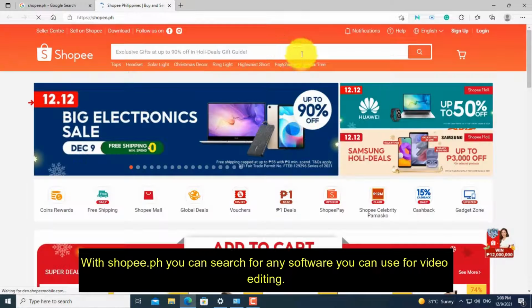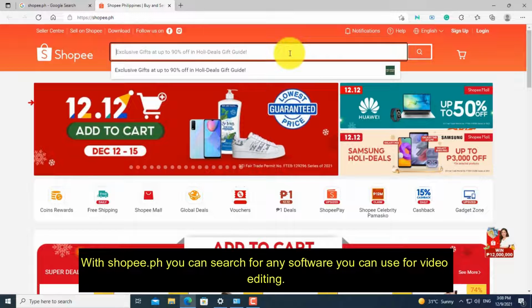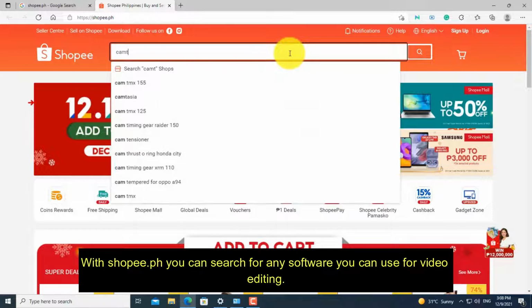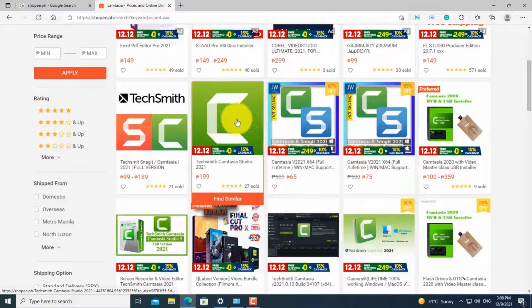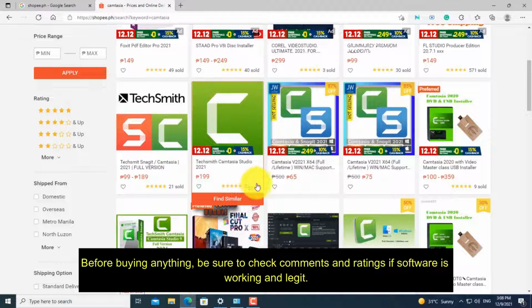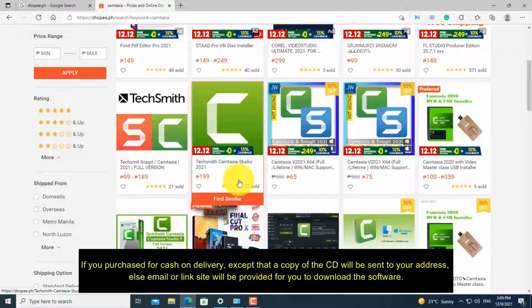Siya nga pala guys, dito sa shopee.ph you can search anything na including the software you can use. So here guys, you can check sa mga comments and then ratings if yung software ba na mapapurchase nyo is talagang working or legit. You can also choose guys yung pinaka murang price before buying, and then of course, syempre, ito is not, meron din naman guys na CD siya, or sometimes